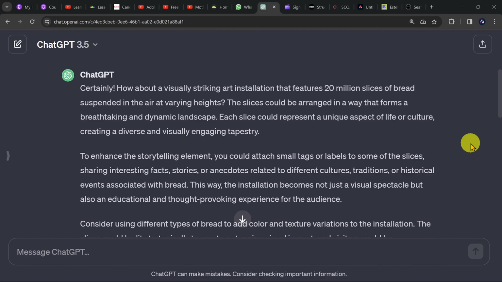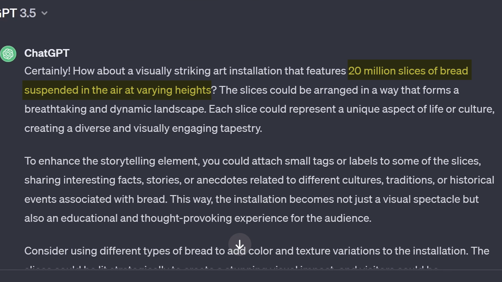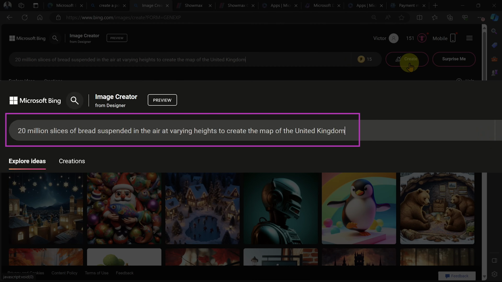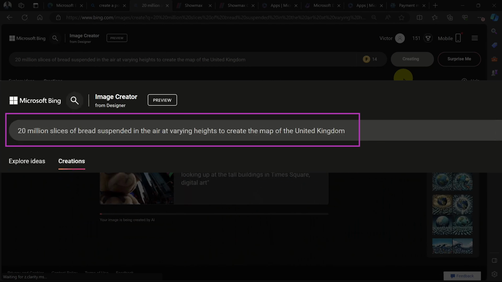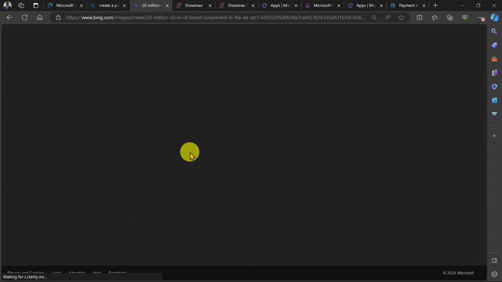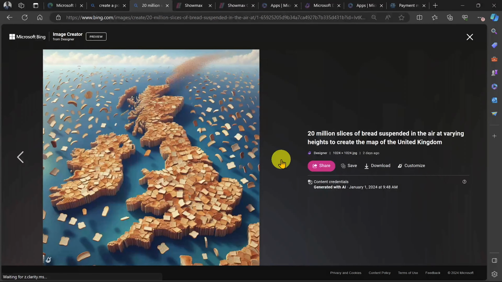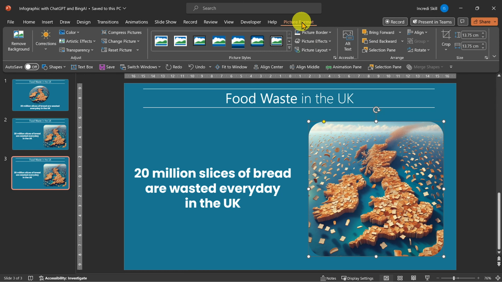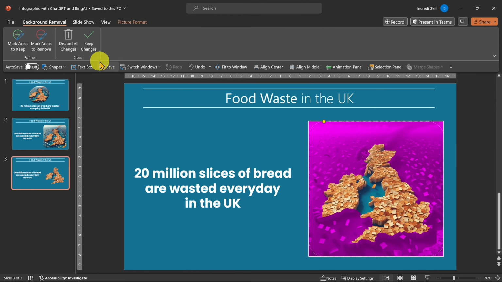From the generated results, I selected the idea of slices of bread suspended in the air, then navigated to BingAI and entered this prompt. 20 million slices of bread suspended in the air at varying height to create the map of the United Kingdom. And these are the images generated by Bing. So, I downloaded this one to my PC, imported it to PowerPoint, removed the image background, and this is the